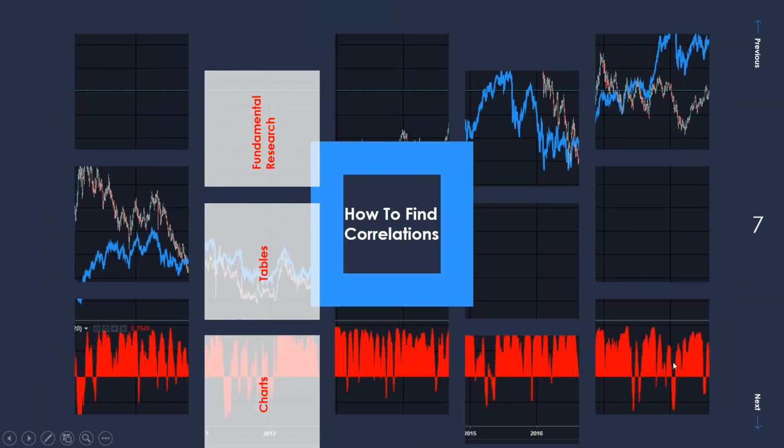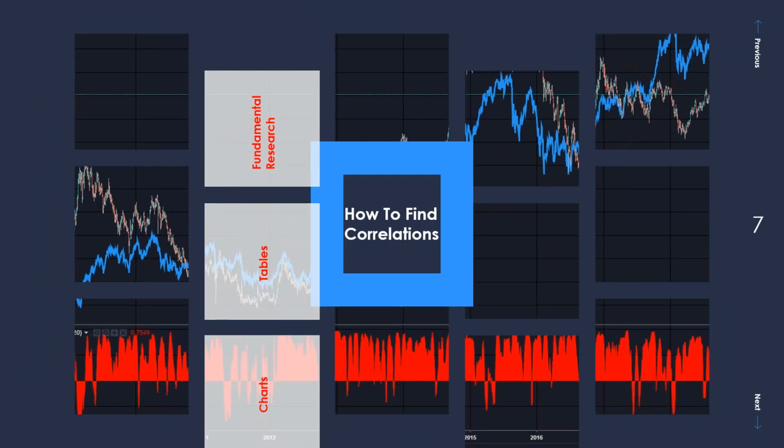Okay, so there are a couple of ways to find correlations. We'll look at some of these examples here. One is your charts, and again, I'll be using TradingView. You can use your chart package du jour. You should have some correlation and overlay capabilities. Incidentally, if you're having trouble with your TradeStation, or you want some ideas on some other charting that you can use to find correlations, please feel free to email me,